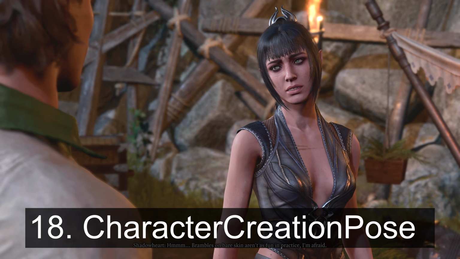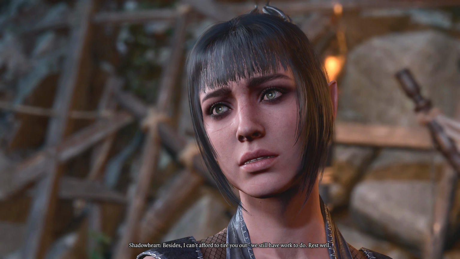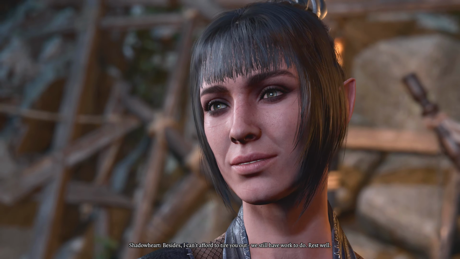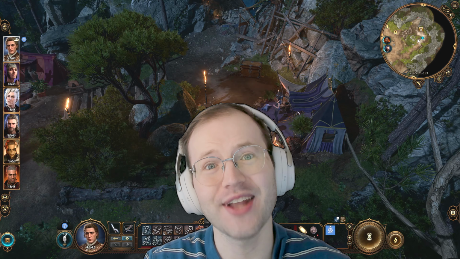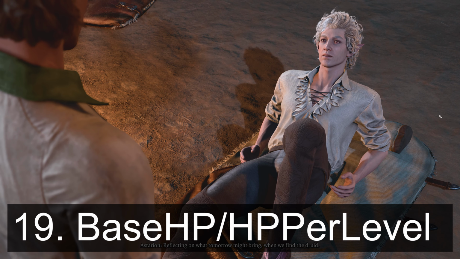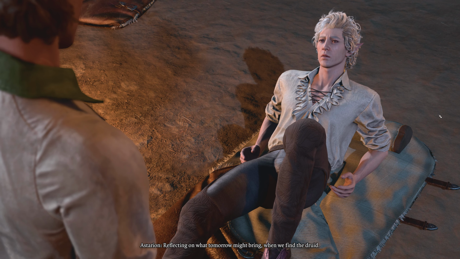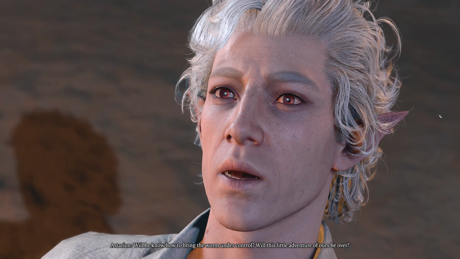18th, character creation pose. This is a UUID that likely doesn't really do that much because it's the same for all the classes and subclasses, so it's likely another one of those fields that are deprecated by Larian. 19th, base HP and HP per level. These are fairly self-explanatory. 20th, hotbar columns, including the